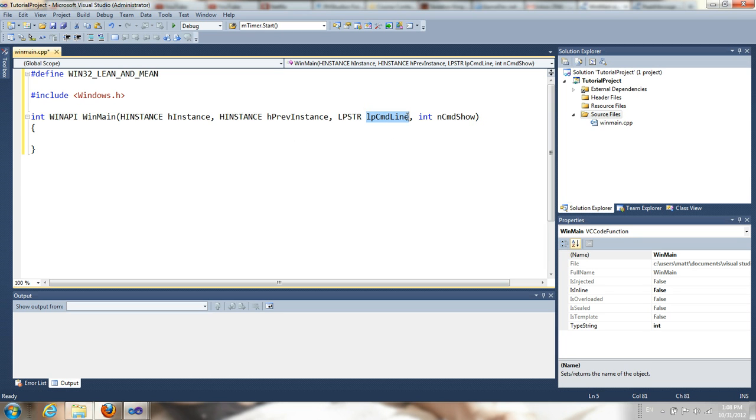Now this is basically just the command line. Every application has some form of command line. You see this with Java as well, with the string array args. That's pretty much the essential command line. Now this last integer parameter is basically just how the window should be shown. If you look this up in the API, you'll find a big list of predefined constants for this. So this is the entry point, and for now we're just going to return 1